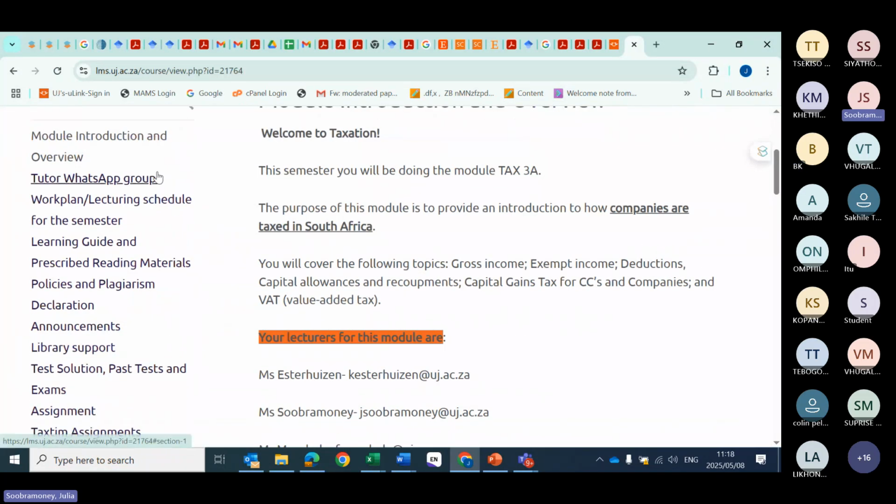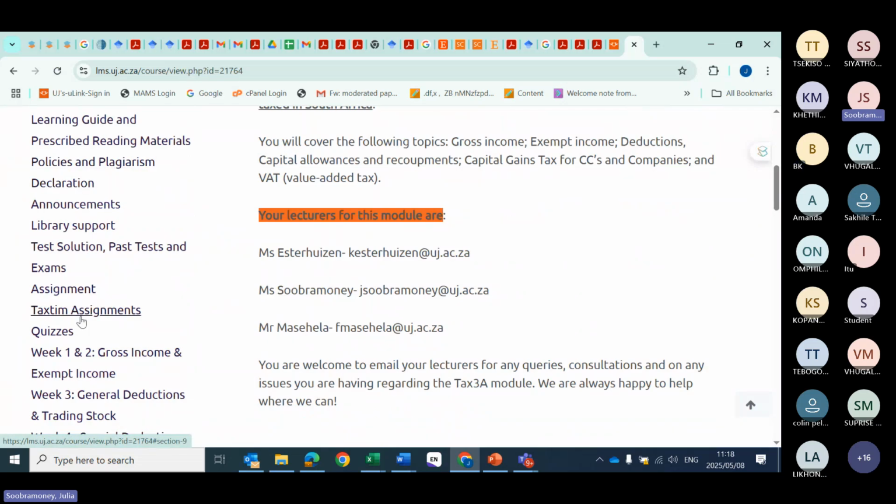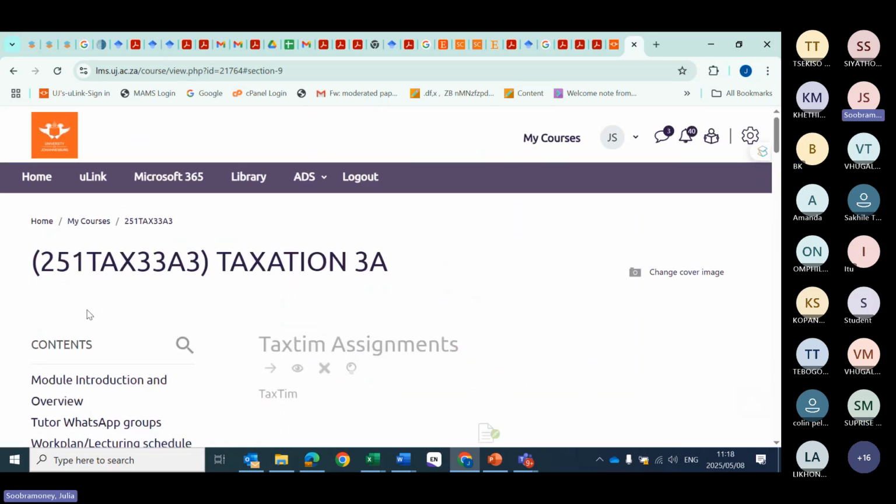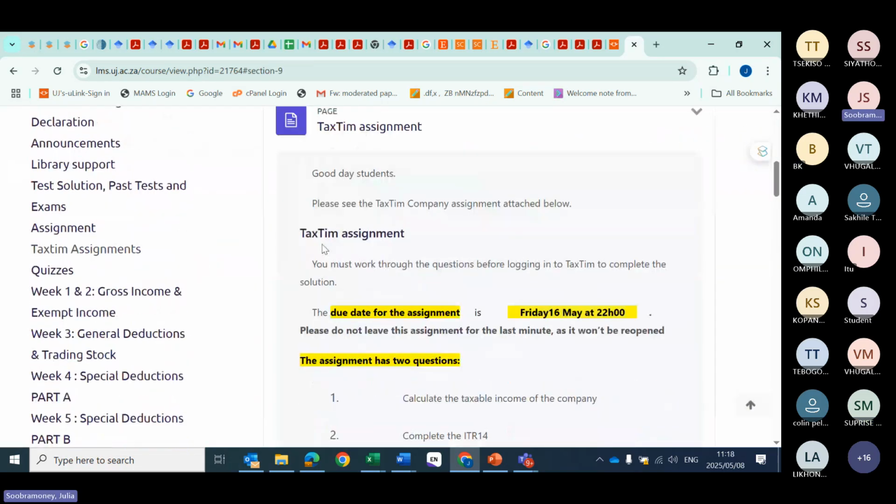Okay, here we're going to have the TaxTim assignment. Can everyone see my screen? You can see my screen, students? Yes. Okay, you go into TaxTim assignments, and there it is here, TaxTim assignment. You click on it,